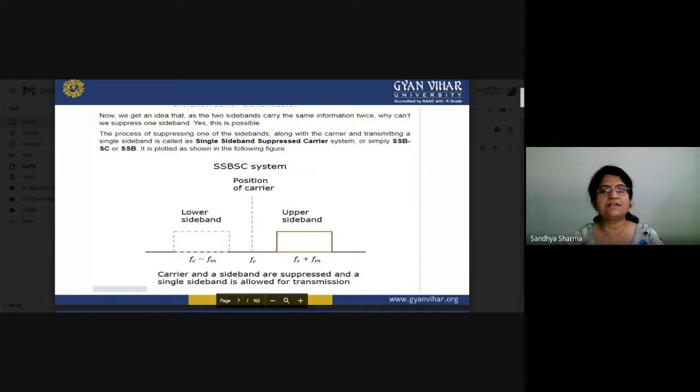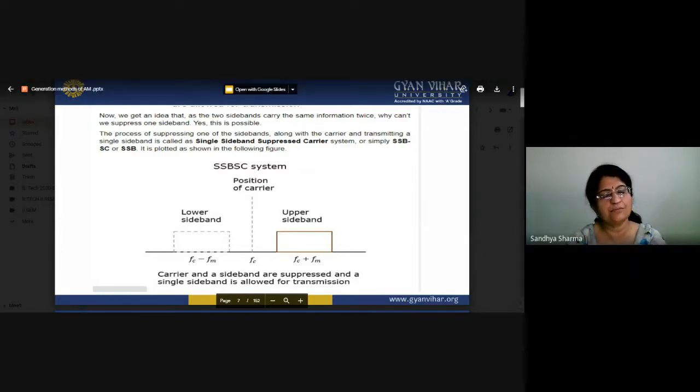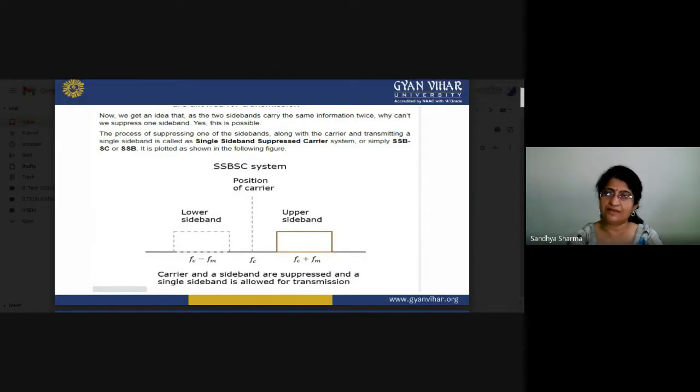So what happens in SSB? In SSB, only one sideband will be transmitted by us. So there is a little compromise with the quality of signals, because a very small amount of information can be lost when we are transmitting the SSB sideband through channels. So this is the system in which we can generate the different sidebands. Now we will focus on the modulators, how we can design modulators, and how our modulators can generate the spectrum of our modulation system.